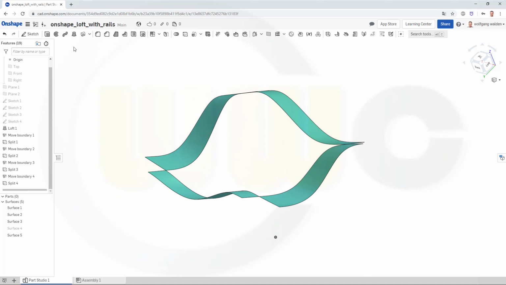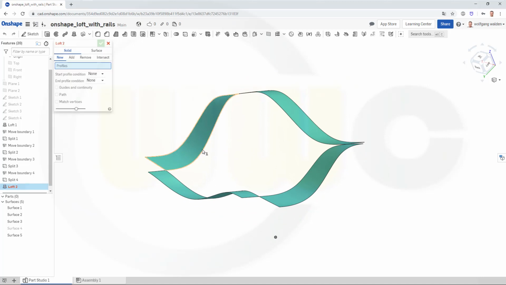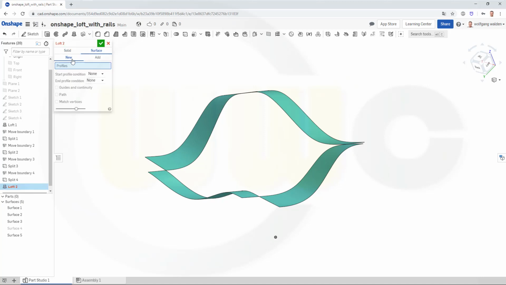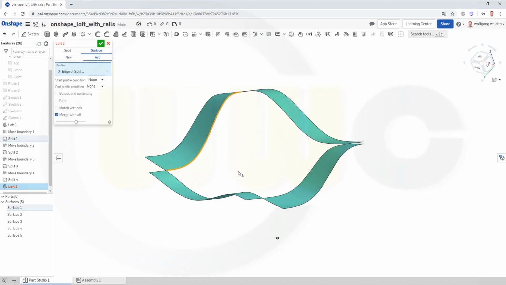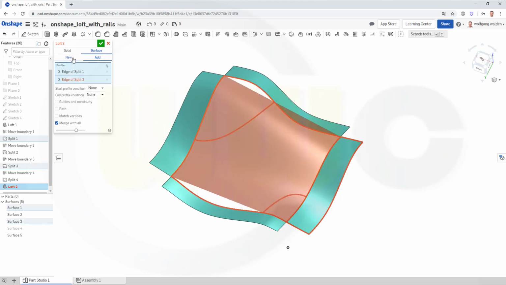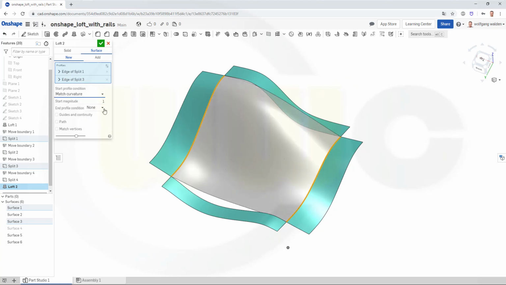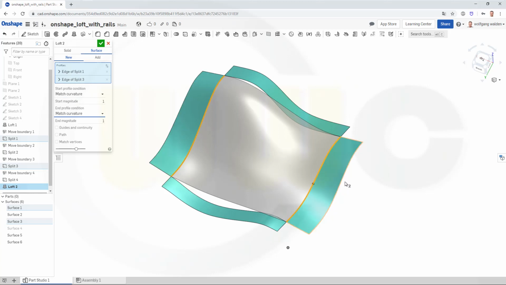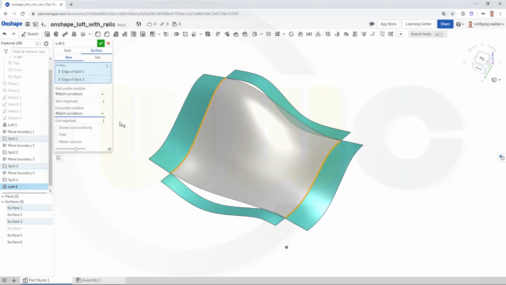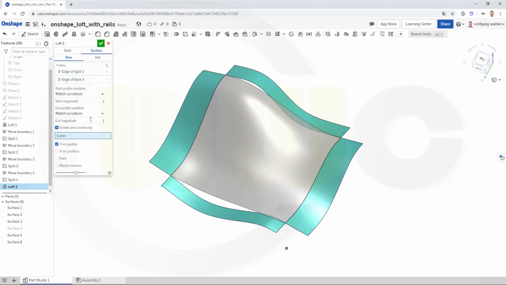And you could go, no, sorry, I want to go for a surface, a new one. So go here, go there, it's a new one. And now you could go for match curvature, so that this would be a very smooth surface going into the adjacent ones, and add the guides,